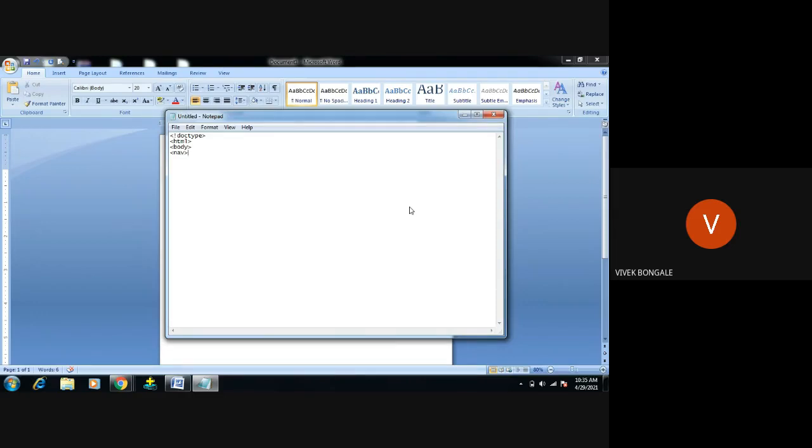Under this nav tag, whatever hyperlinks I'm giving, for example 10 hyperlinks. Now what I'm trying to show is an education website. In that website, you can see, depending upon the subjects like HTML, CSS, if you want to read HTML, you just go and click on the HTML page.